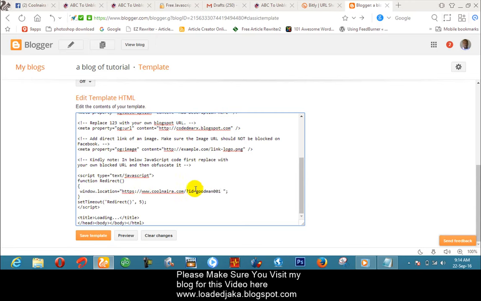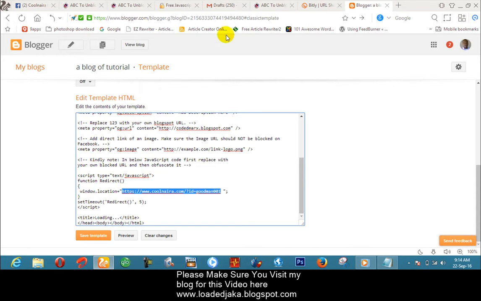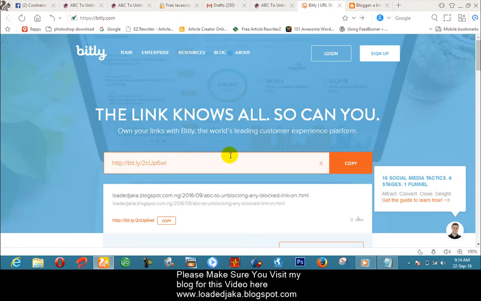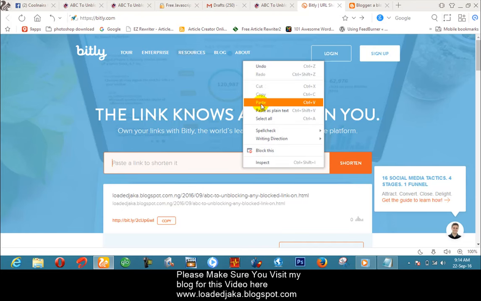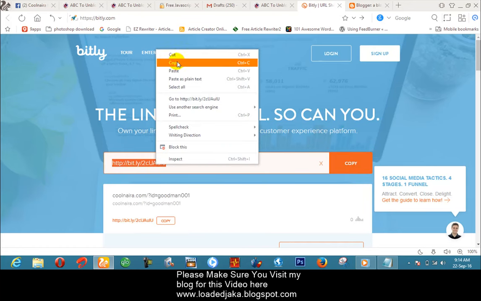Now let me shorten this link before I save. Copy all. Then go to bit.ly as I showed you in my blog. Paste it here and shorten. Now look at your shortened link.